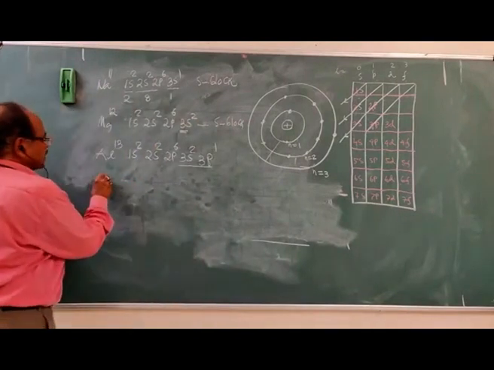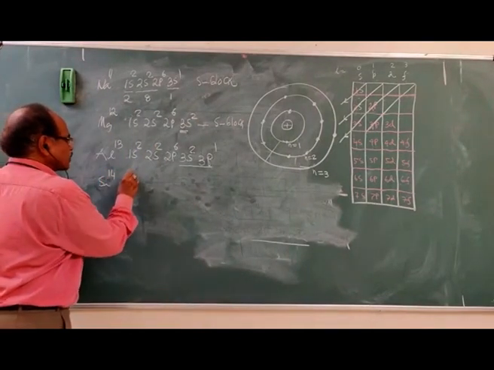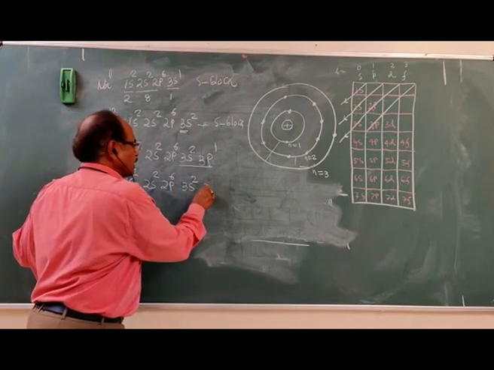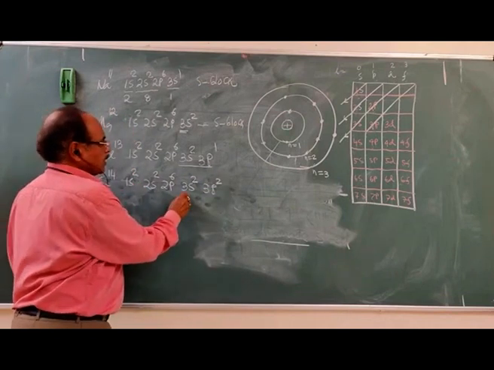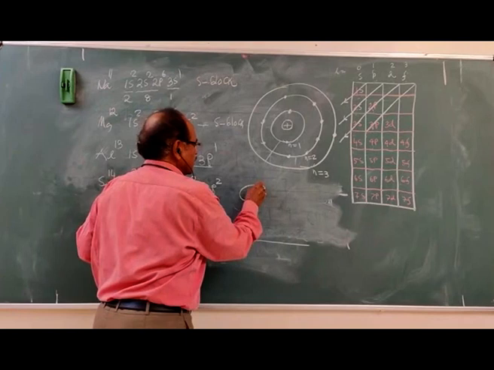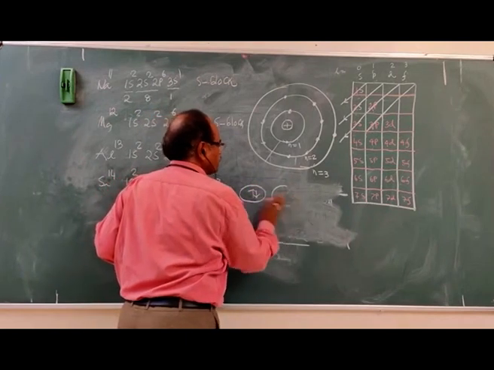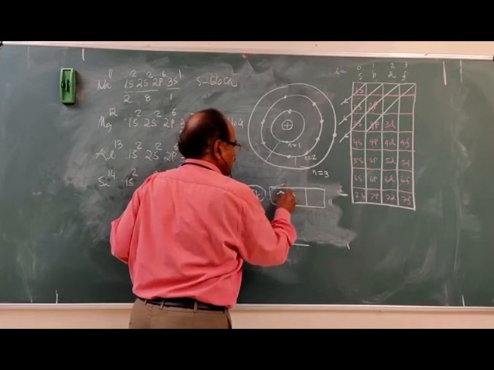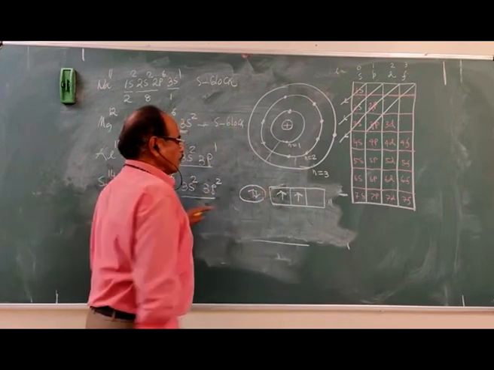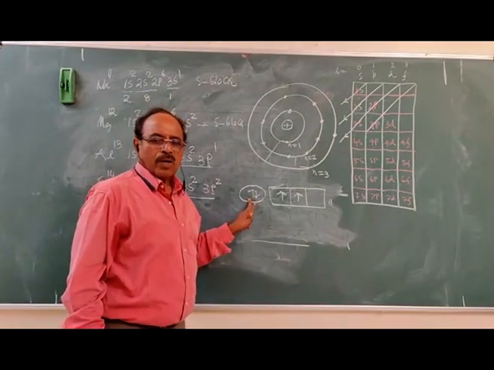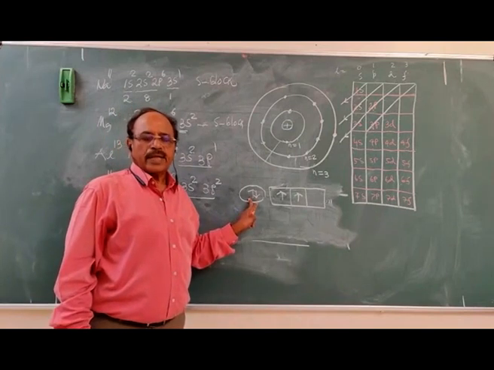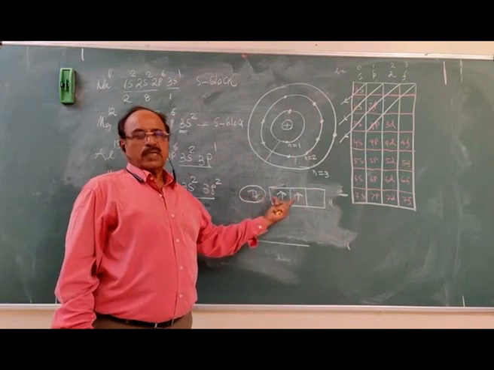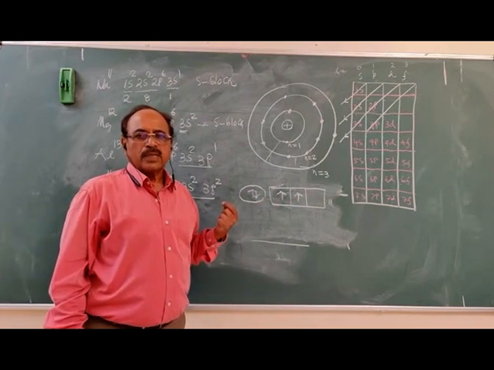So let's come to silicon 14. 1s2, 2s2, 2p6, 3s2, 3p2. Now see here, what is the outermost shell? 3s2, 3p2. How many electrons are there in the outermost shell now? 2 unpaired electrons. Total electrons are 4. So it is placed in the 4A group of the periodic table. And it exhibits valency 4. And its valency state is always +4.